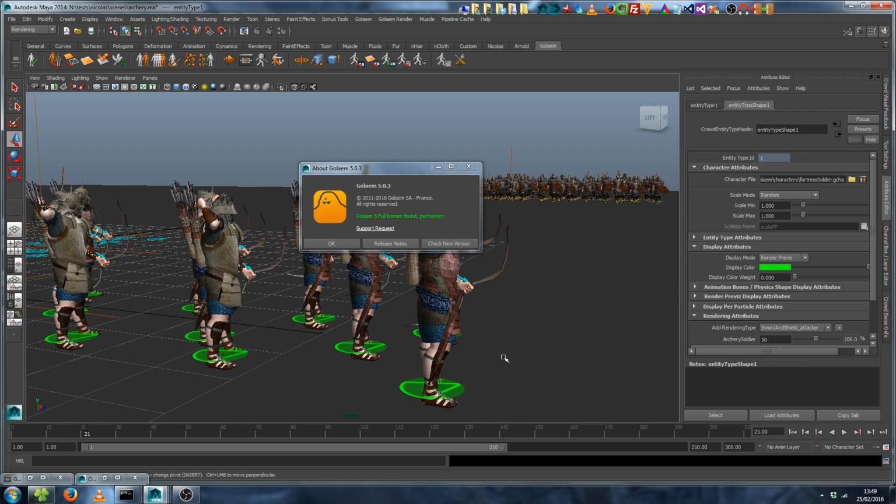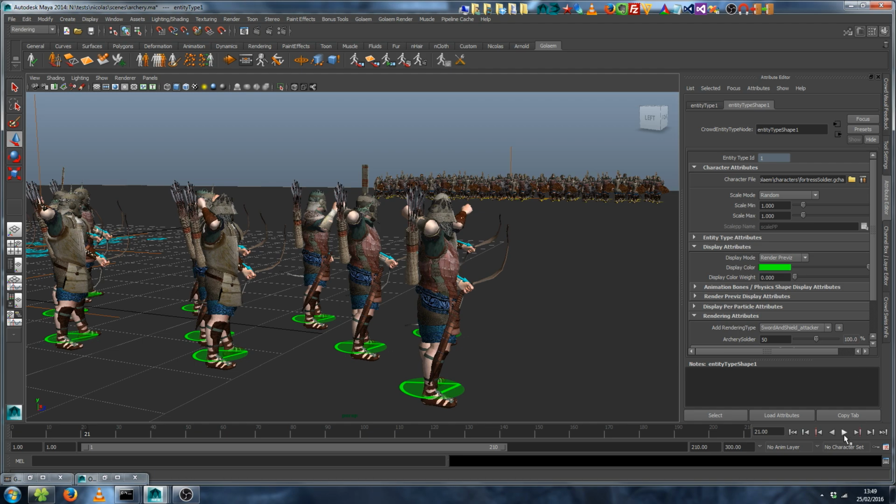Hi there, here's a video tutorial about how you could handle archery soldiers with Golaem. So I'm running Golaem 5 right now, and here's the setup I'd like to build during this video, where I